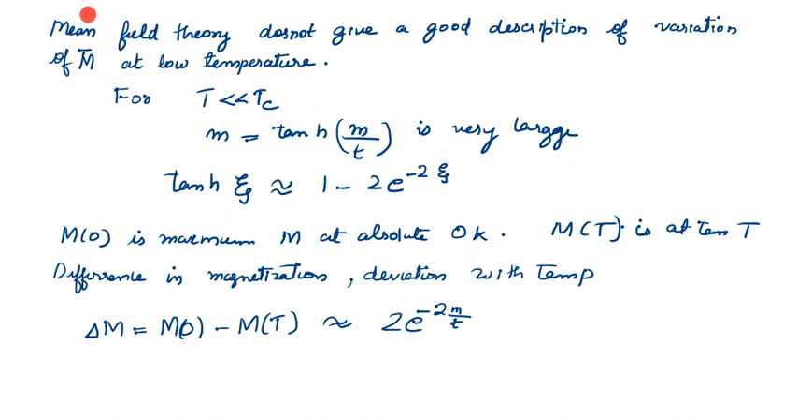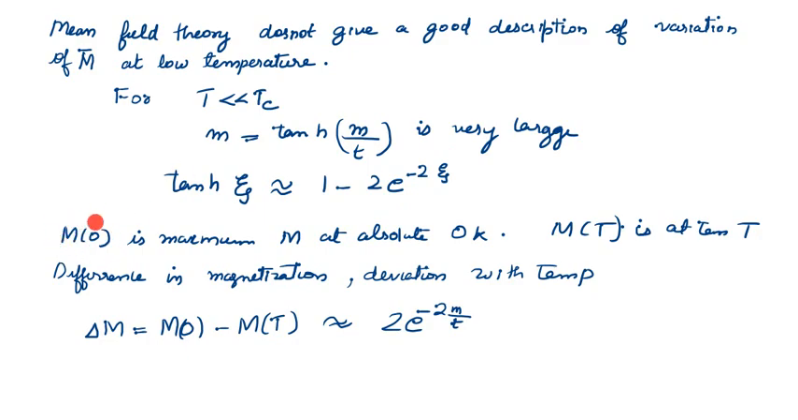But this theory, mean field theory, cannot give a good description for the variation of M at low temperatures, that is below critical temperature. Below critical temperature, this tanh function, tanh of m by t, becomes very large, and we can equate it by this equation. It can be approximately equated as 1 minus 2 exponential minus 2 by t, and therefore